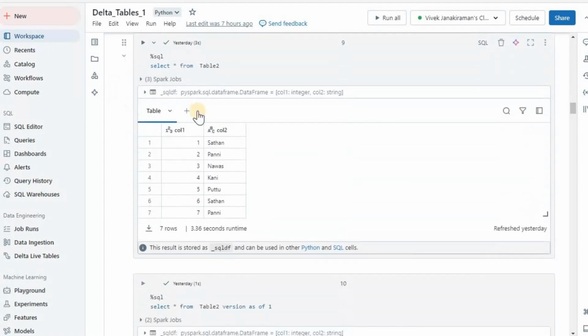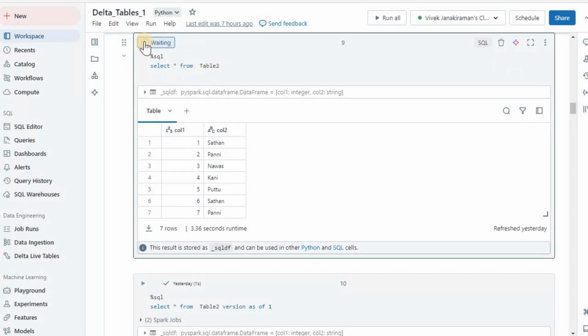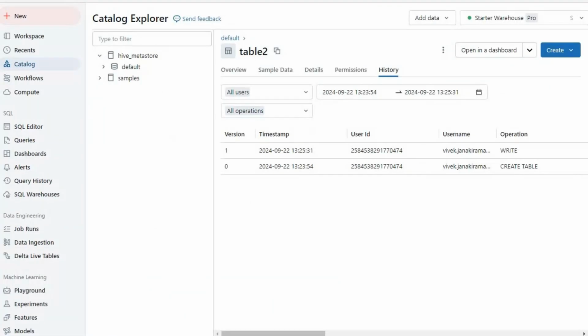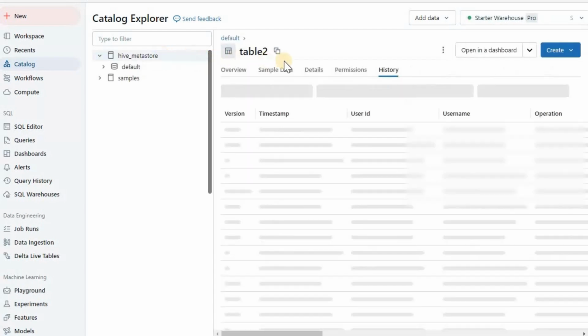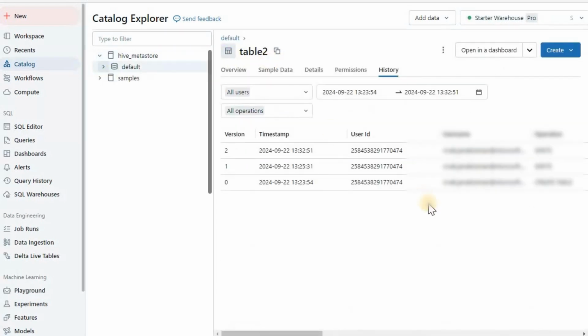Now I will display the rows that we have inserted into table 2. If I execute it, we are able to see close to 7 rows. Now let's head back to our catalog explorer, and let's look at our table 2 one more time. Let's look at the history there. I just refreshed it,